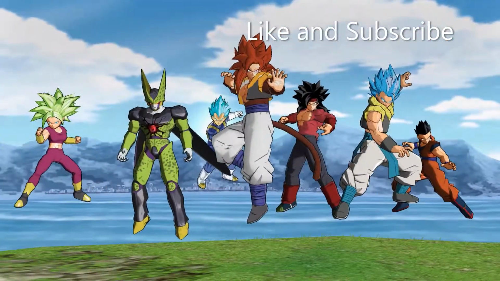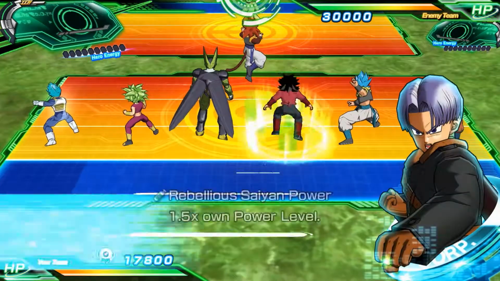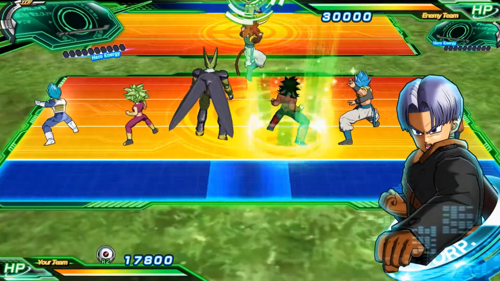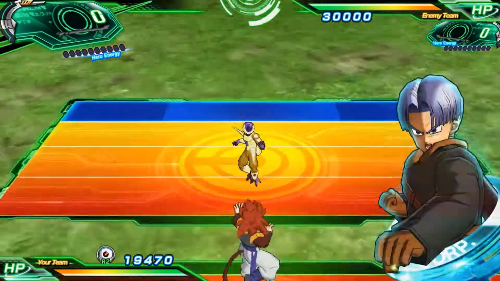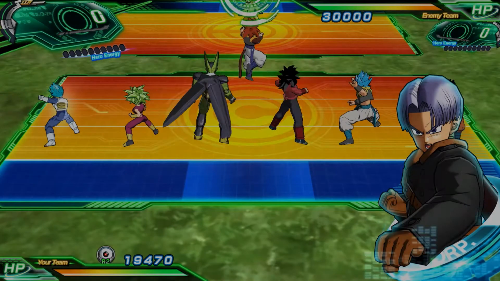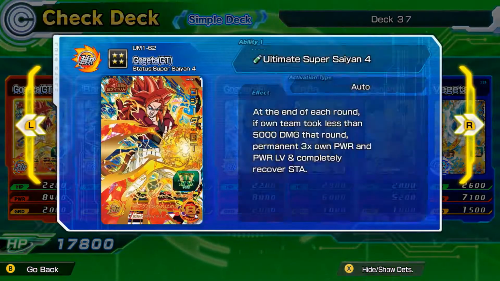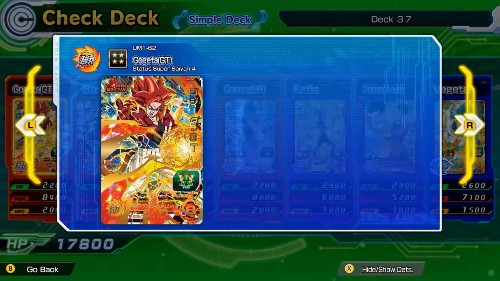Alright, so I realized I never did this Gogeta, who is low-key really good. Not low-key, but he's really good, honestly. If you take less than 3,000 damage, he gets 3 times power level, and I think 3 times attack, permanently, every turn, and he completely recovers the stamina. Or at 5,000 damage, he gets permanent 3,000 power, 3 times his power level, and he gets stamina back